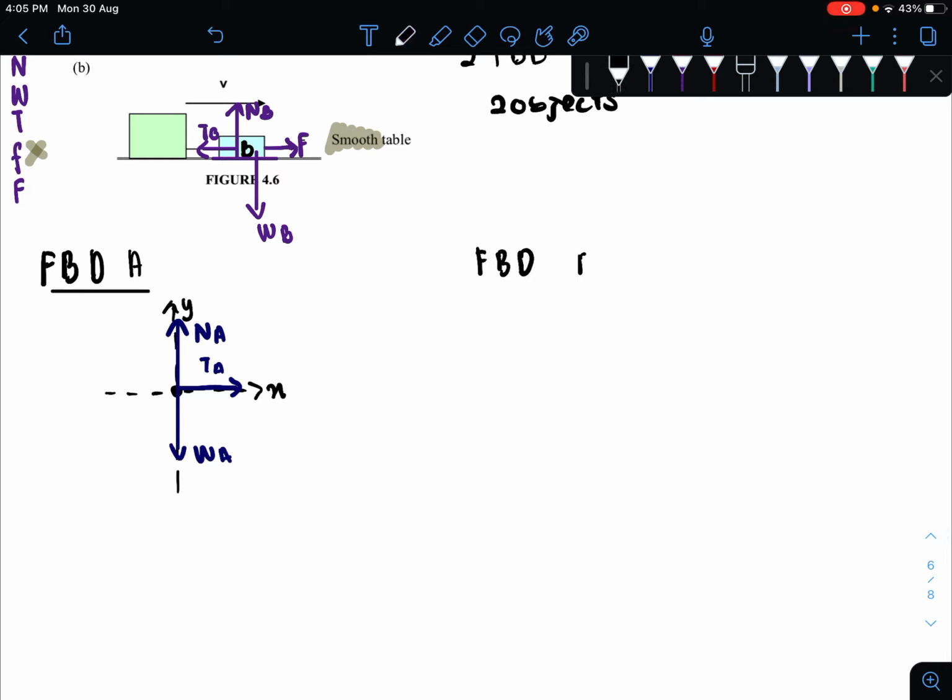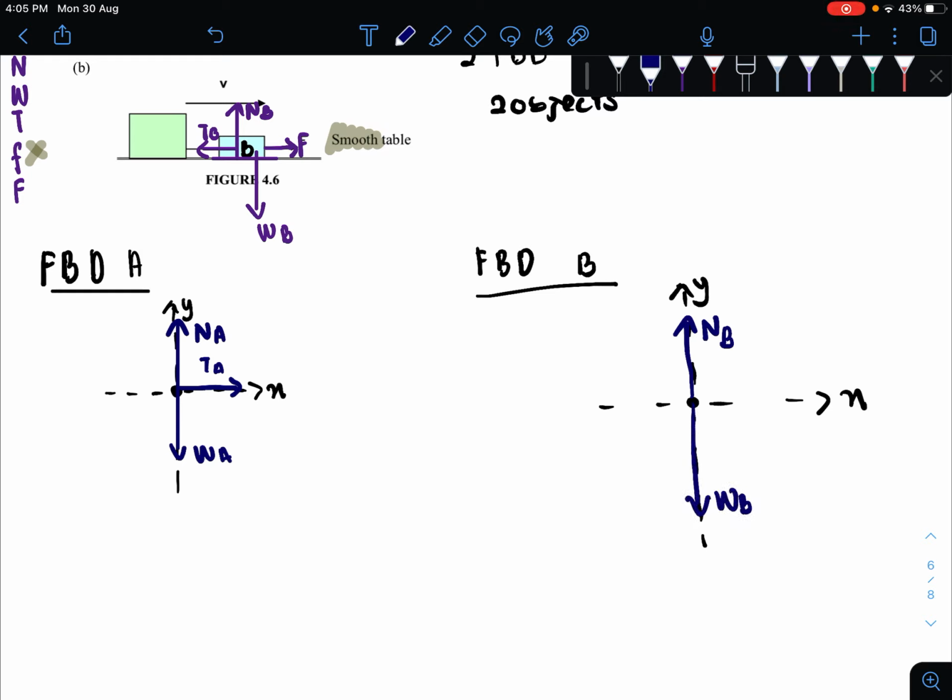So to sketch our free body diagram for object B, we are going to start with establishing the x-axis as the surface. And then y-axis, and the object, a dot here. And then we have normal straight up, perpendicular to the surface, NB. We have weight straight down, always downward. And then we have tension to the left. And then we have external force to the right. So these are the forces